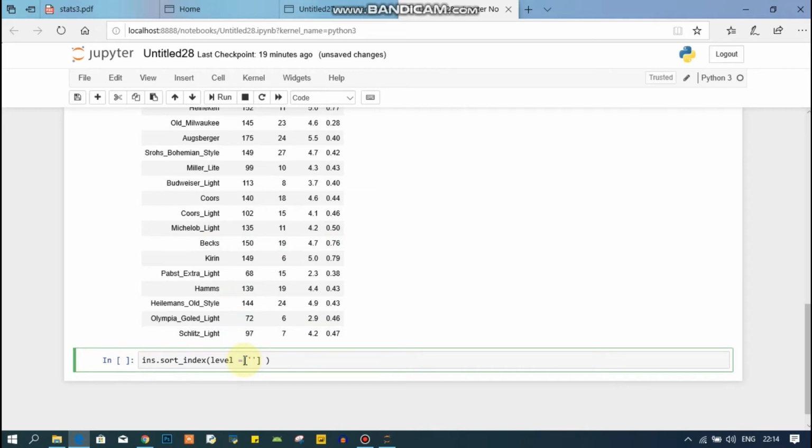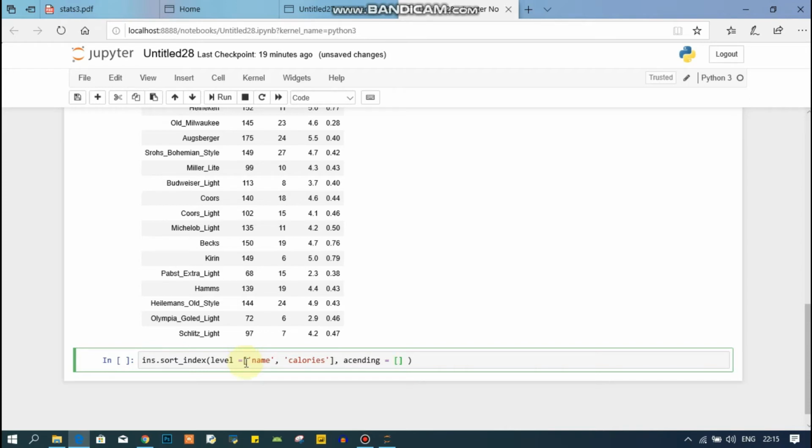Let's suppose I'm going to pass name and calories. Also I have to mention whether I want to sort in ascending or descending order, so for that I'm going to pass ascending equal to true or false. Let's see that.